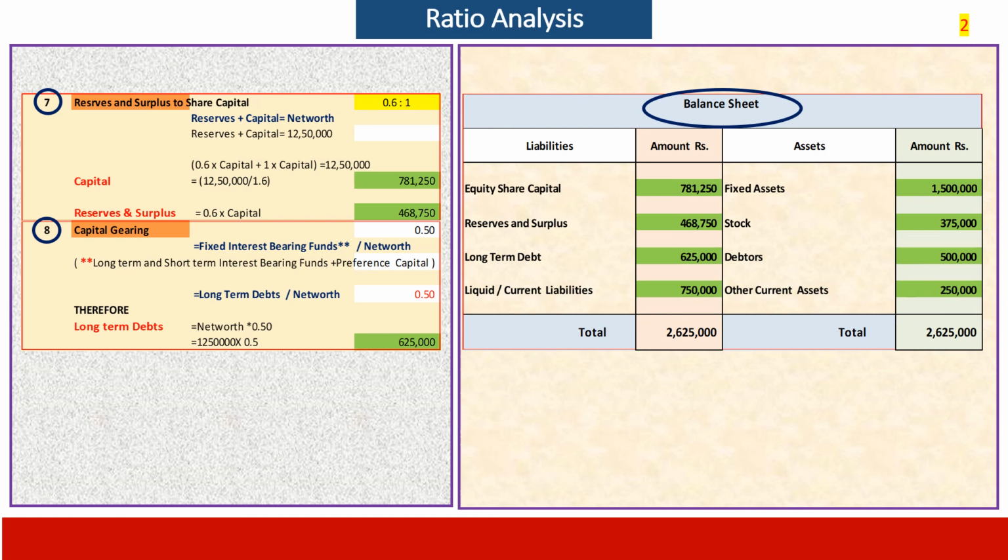With this, we have successfully completed the solution and we have understood afresh the capital gearing ratio and its similarity with the debt equity ratio. Debt equity ratio talks of external funds and payment to be made outside, whereas capital gearing talks of funds to be paid for servicing a debt, preference share, as well as a short-term loan.